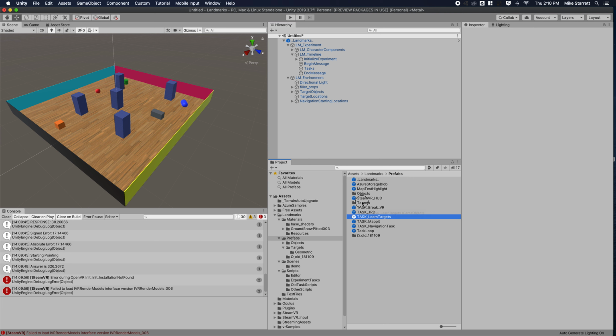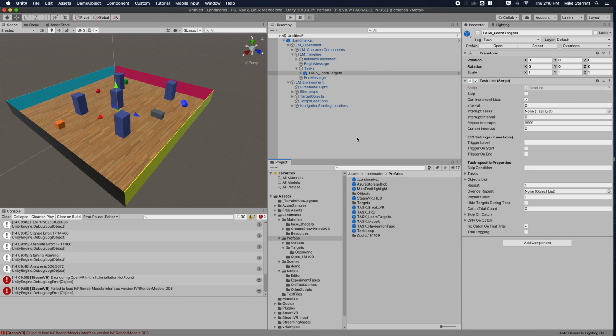So let's say we want to learn targets, drop it there. And then we want to have them navigate. So we put that here. And then we want to have them do a JRD task. So we put it there. And let's say that we want to have